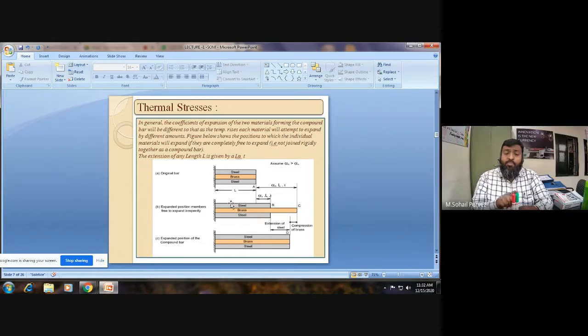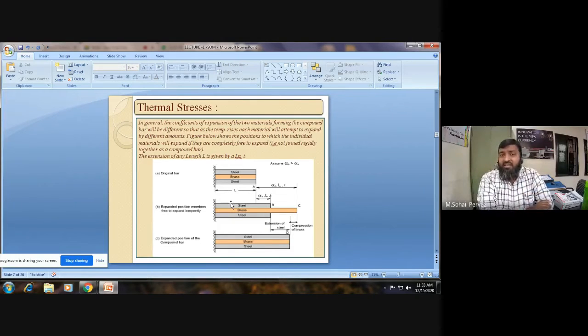Because this steel will go up to 5 very easily, and after 5 it will tell this brass brother, I cannot come after this limit because my expansion is over. Now brass will request this steel, my dear friend, since I can go alone up to 10 units, for the sake of understanding, but since you are also constrained and I am also constrained, please cooperate with me. I am compromising from 10 to some lower value. You just compromise, since janam janam ka saath is there. So you just compromise and come along with me some do char kadam,